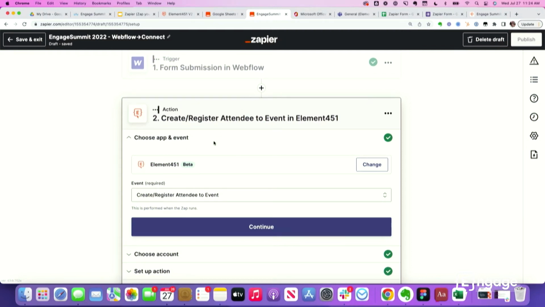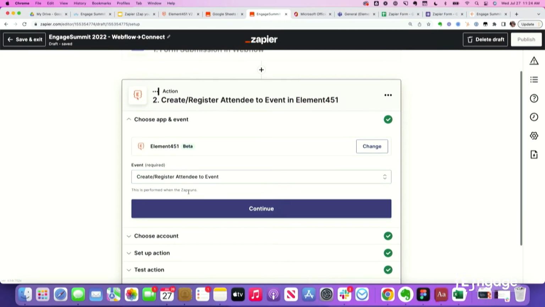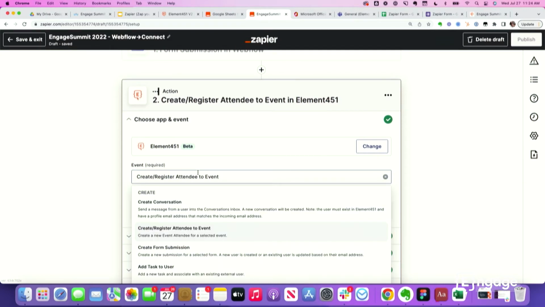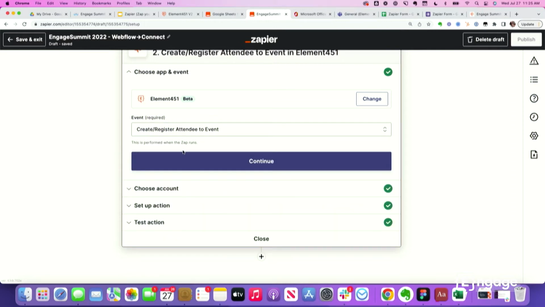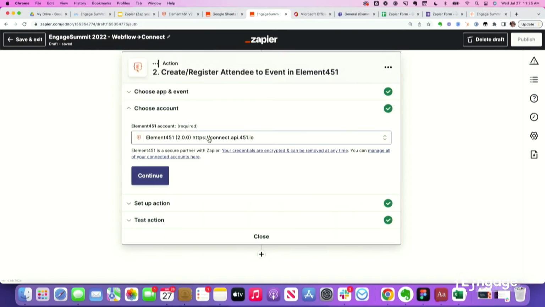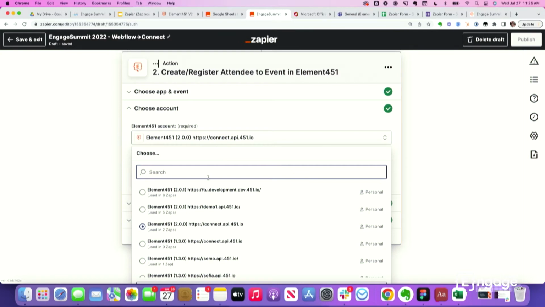So I added an action for that event, and then the event that I'm picking here, it will go into element, and by event, what we mean is what do you want to do, right? What action do you want to do? In this case, we said we want to register an attendee to an event. I continue. It will ask me for my account, and in this case, I've set it up to connect,